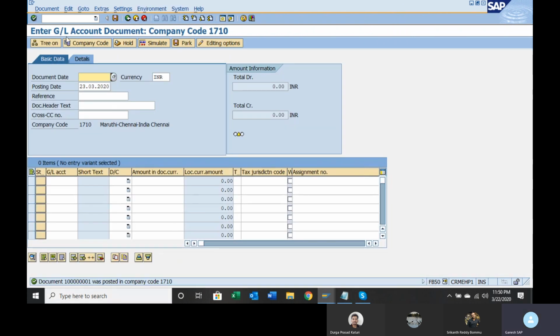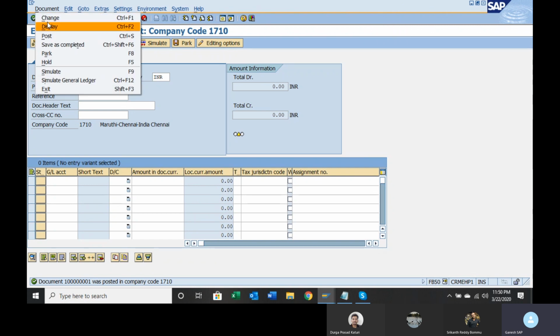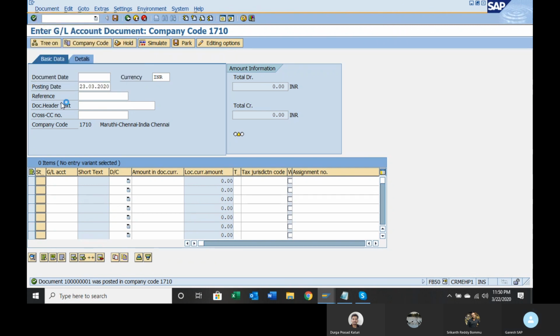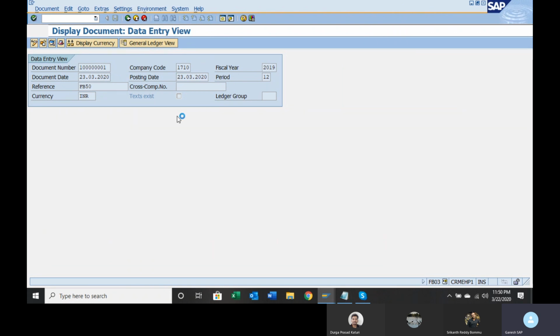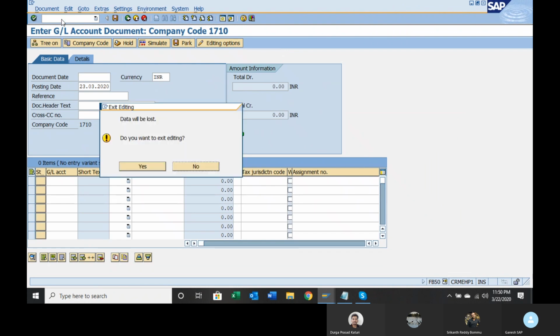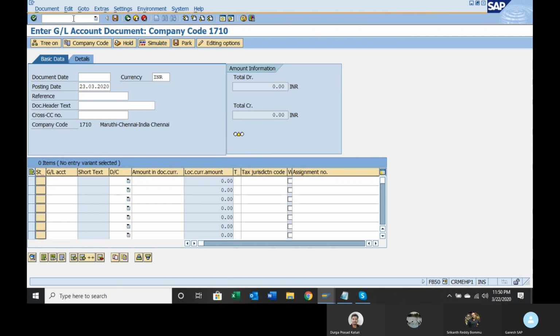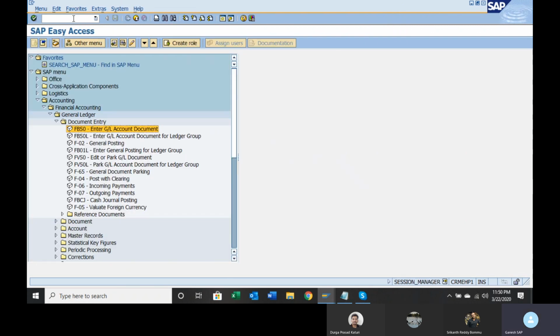The transaction is posted. If you wanted to see only this document, you can go to menu, document, display. So only this particular document will be displayed here. But if you wanted to see the list of documents posted so far, then we have to go to AB03 document display.